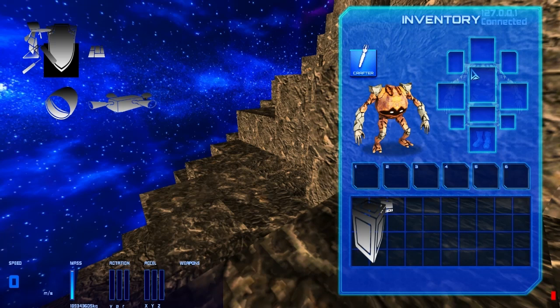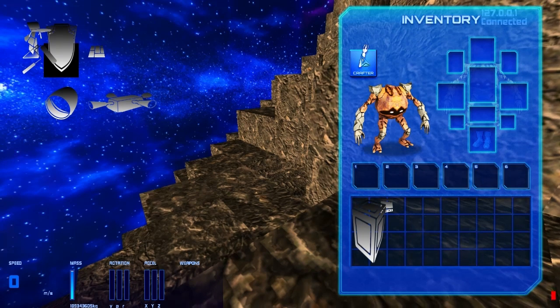This is the inventory, and there's the stuff you can wear and build, and then the crafter. This is the... I don't know what they called this. They had a competition to name it. I think it was like a...